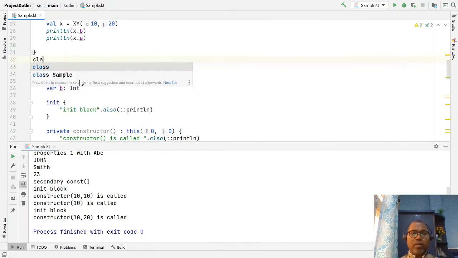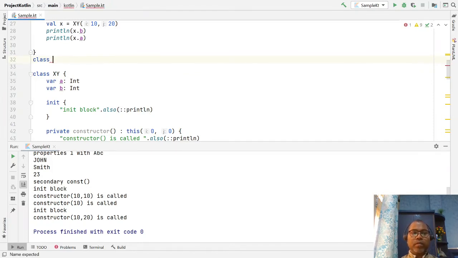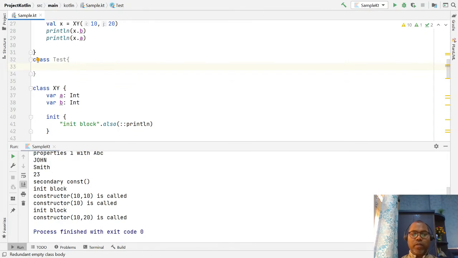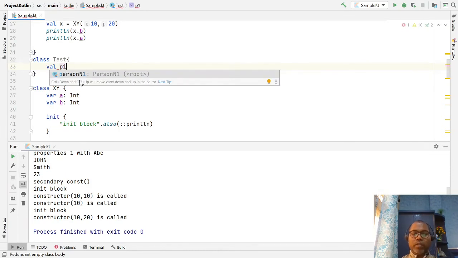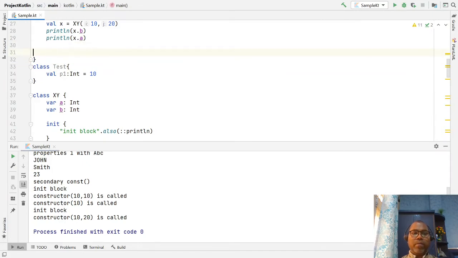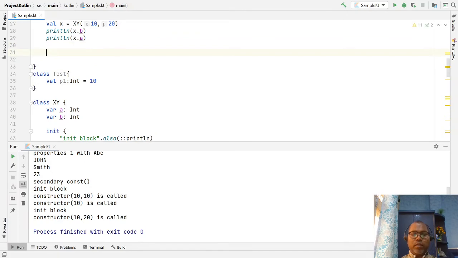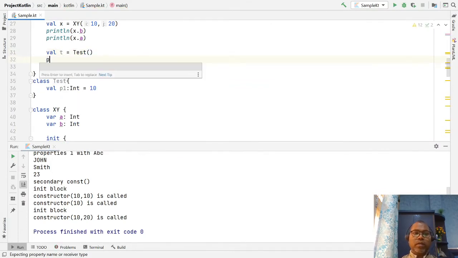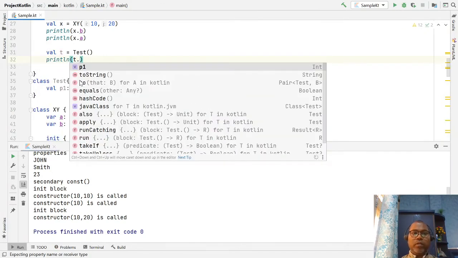We have another class, let's say class Test, and the Test class has one property: val p1, of type Int, with a default value like 10. Now if I say val t = Test(), creating the object, and then println, I can access the property p1 through t dot p1.